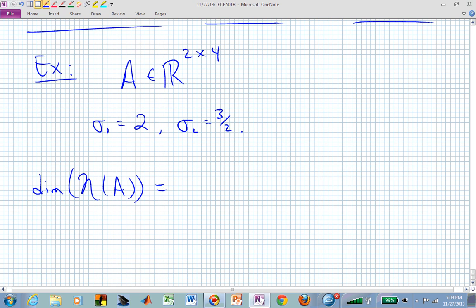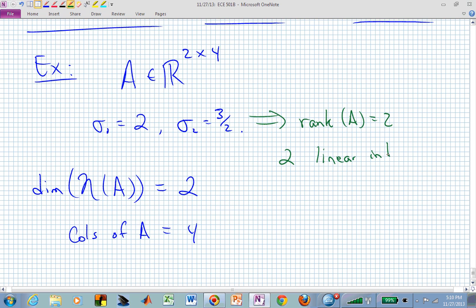What's the dimension of the null space of A? It's 2, right? Where did that come from? We know that we have four columns of A, right? And we know the rank of A based on the singular values. We know from this that the rank of A is equal to 2. So we have 2